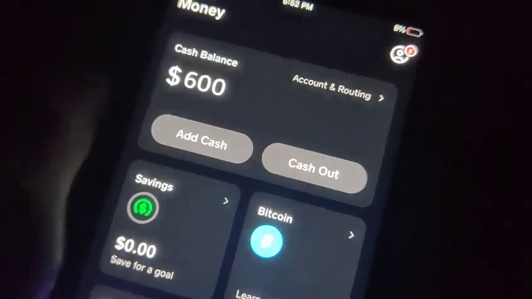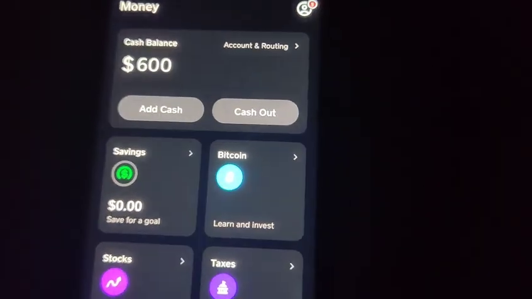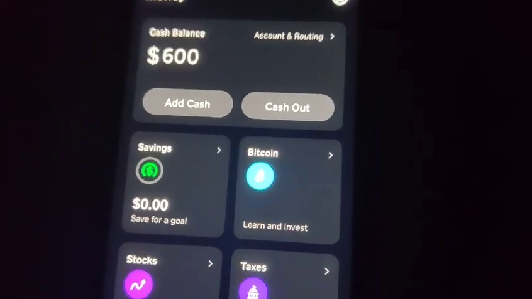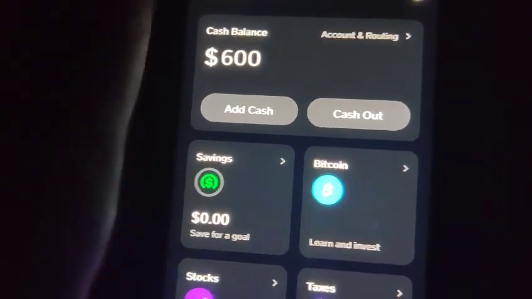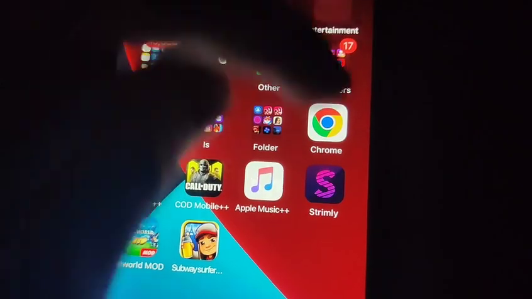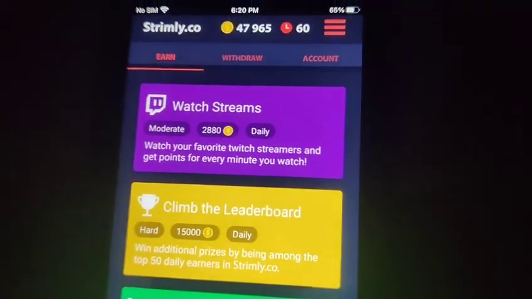Guys, in this video, I'm going to be showing you how to get free money on the Cash App. So you're probably like, what are you talking about? You're psycho. All that stuff's a scam. It's not. As you can see, I got over $600 in my Cash App, and I'm going to show you how. So basically, I have this app called Strimly, and they pay me to watch YouTube videos and Twitch